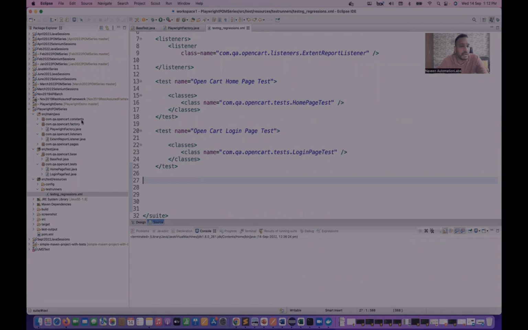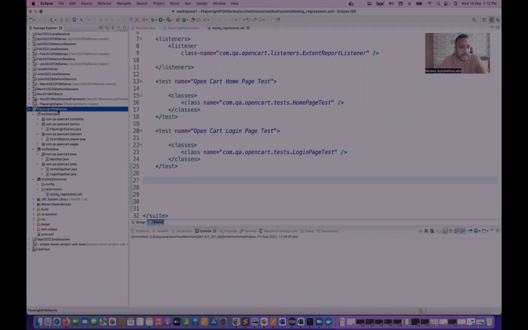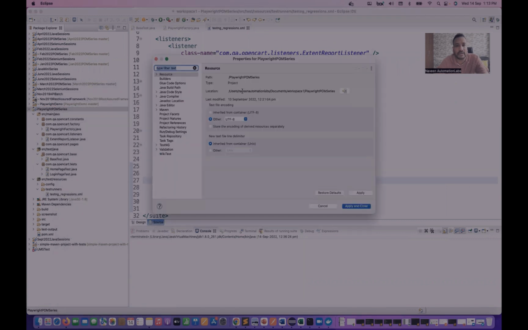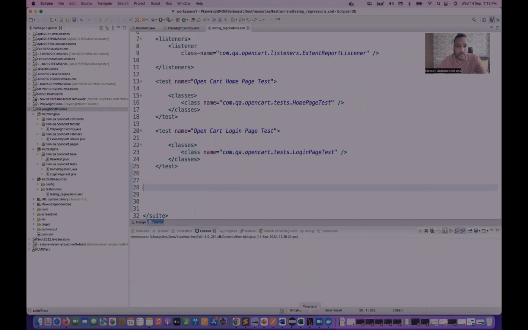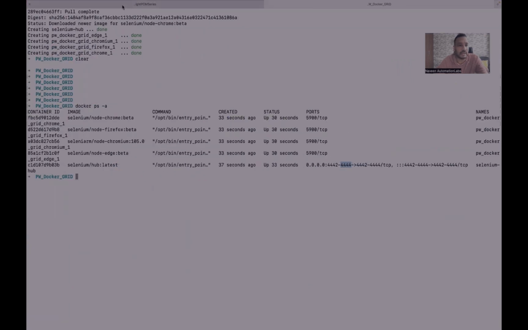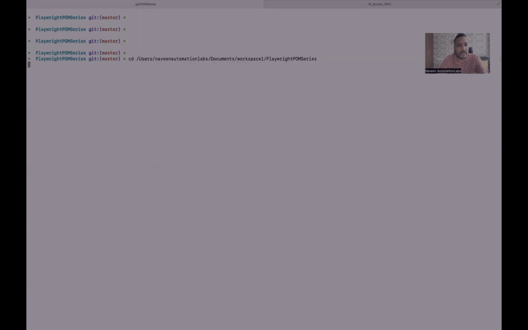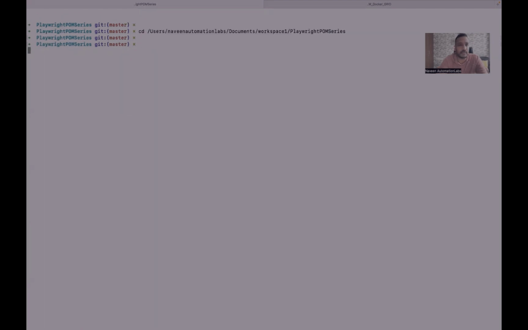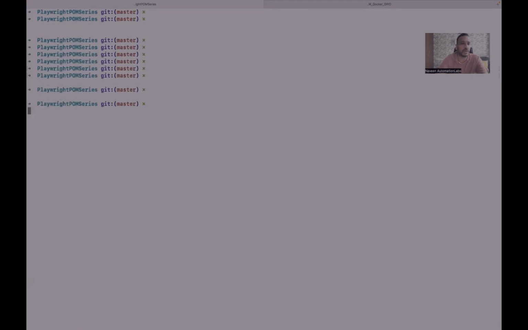And what we can do here is that we will just right click on the project. We will go to the project directory and we will try to run it with one command over here. So what we just need to do is go to terminal and go to that project directory. So I'll change the directory to this. Okay. So here you can see that this is a project directory that we are already in, and this is